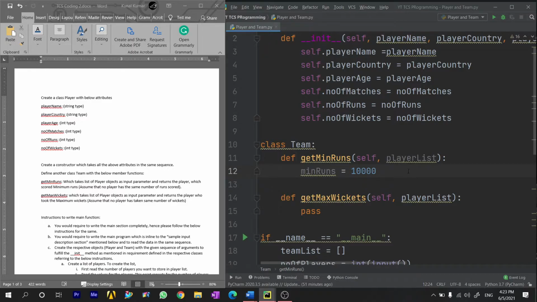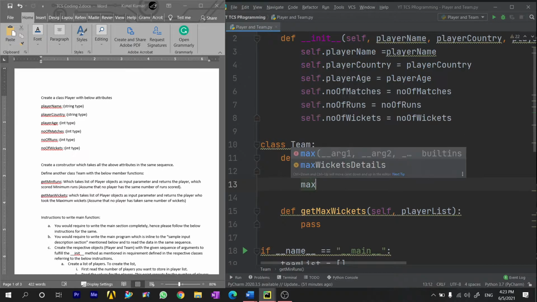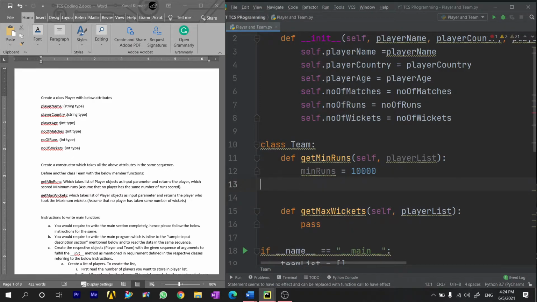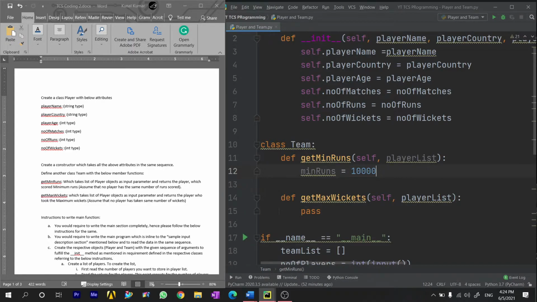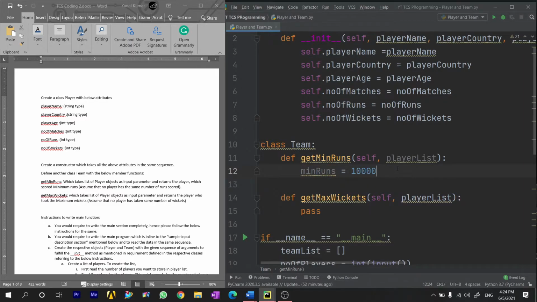The other thing is that never create variables like max or min, because max and min are internal Python names, and I don't know why, but the TCS compiler cannot differentiate and override these. While I can create them in PyCharm, the TCS compiler would throw an error in these cases. So I'm using min runs instead of min, or you can simply use m.